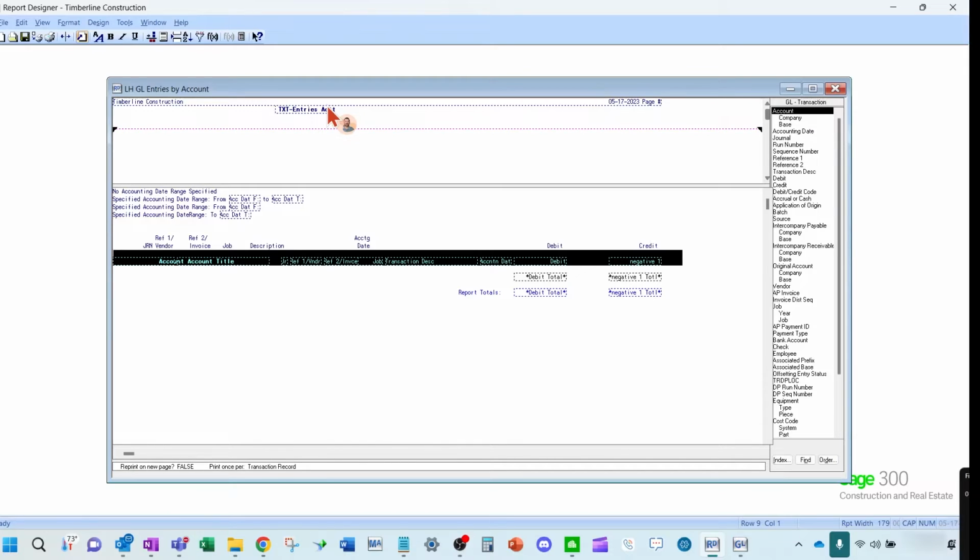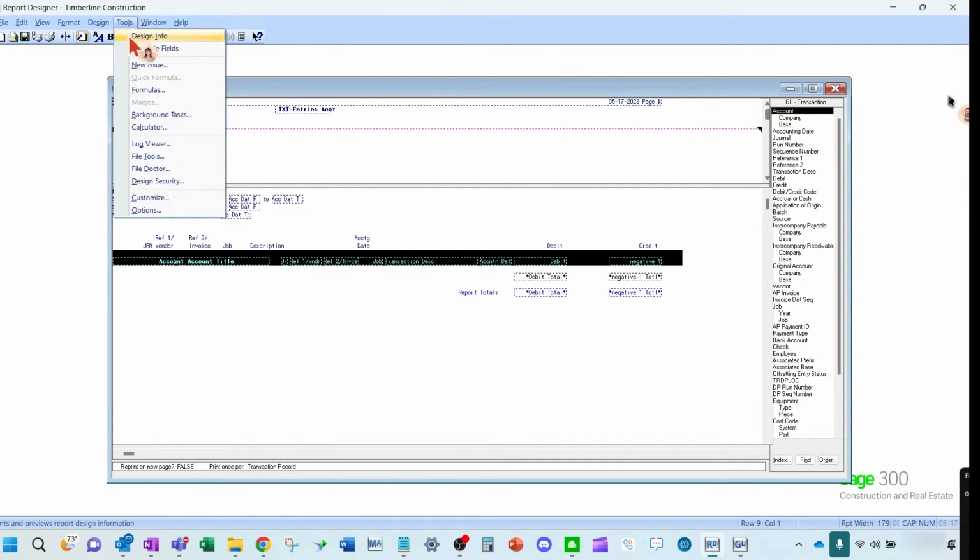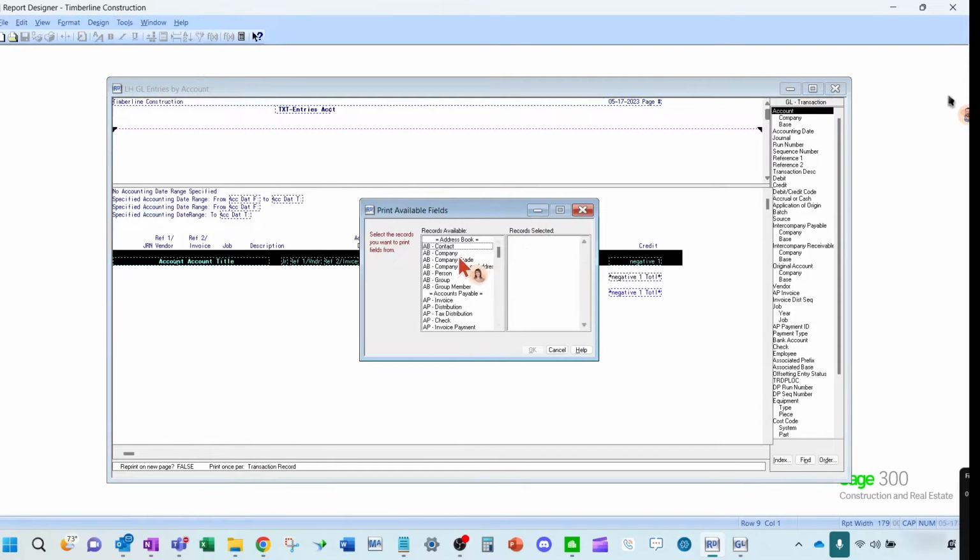Okay. So basically, I was just going to cover the last menu item up here. And Mike, feel free to jump in too. But the available fields here, this is an area where, as we've talked about during this live stream, there's tables. So for example, this GL transaction over here, this table, and these are all the fields that make up this table. These are all the different tables that Sage has. Now, it's hard to remember what field is in which table, right?